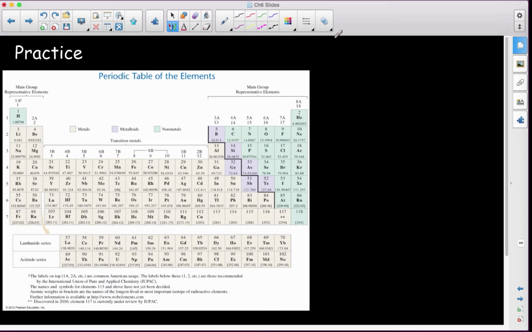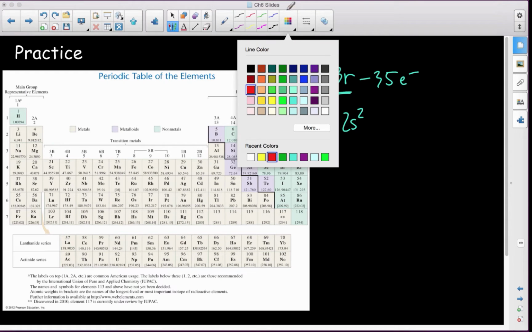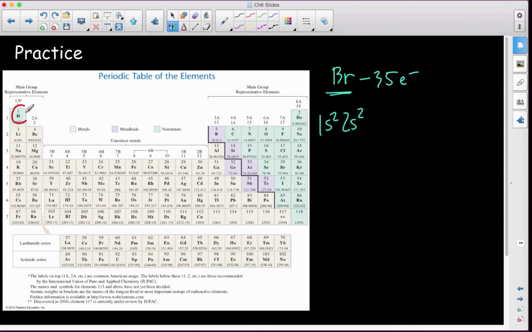All right, let's do some practice. Let's say that we wanted to write the electron configuration for bromine, okay? So first of all, we'd have to go find how many electrons it has, which is 35. If you can't read this table, obviously you can go look at your own. But if we wanted to do bromine for 35, we could write it all out as 1s2, 2s2. And by the way, let's talk about how we do that, right? Let's get a different color. All right, so we have